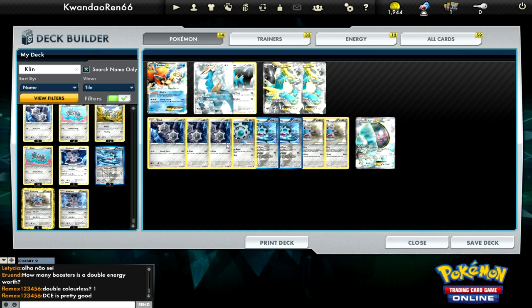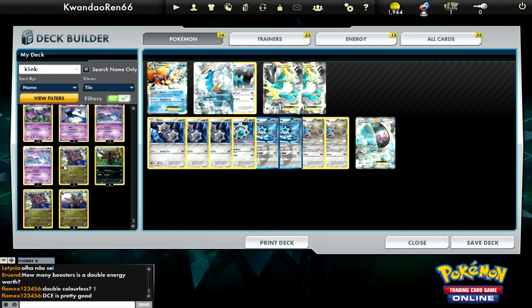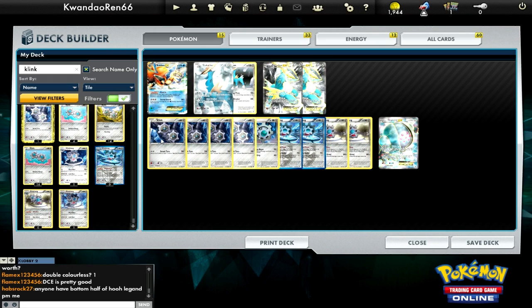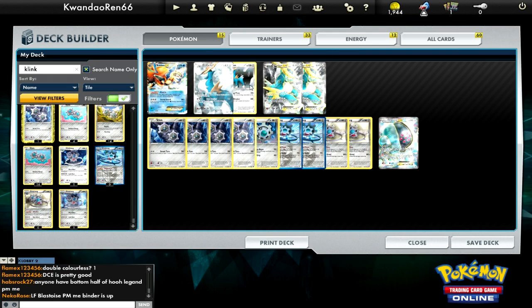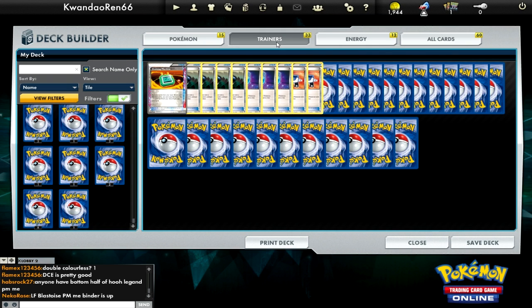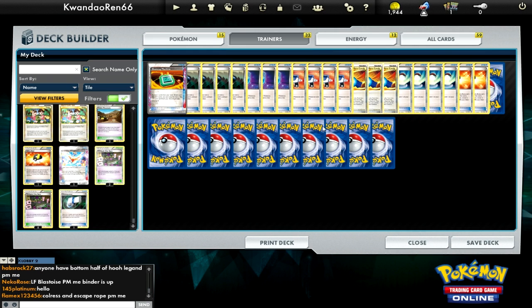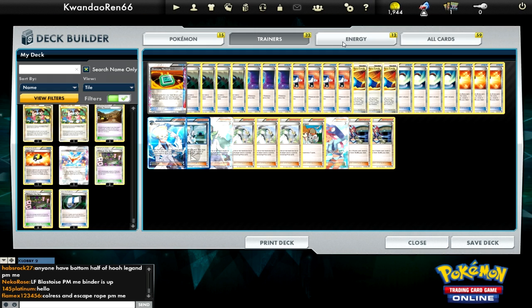So now I got 3, 1, what? That can't be right. No. Klink. I need one more of those Dark Explorers ones. Okay, so now I'm at 60 cards. So I got 4, 1, 4 on that line. 1 Keldeo just to be able to rush in. And I got 2 regular Cobalion, 2 EXs, and a Registeel. I kind of feel like I should run... I don't know about that Juniper there. I'm going to take that out, and then probably take out...